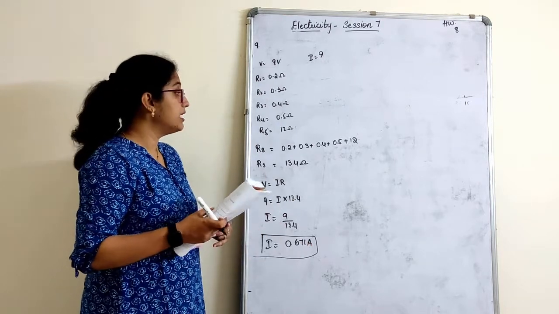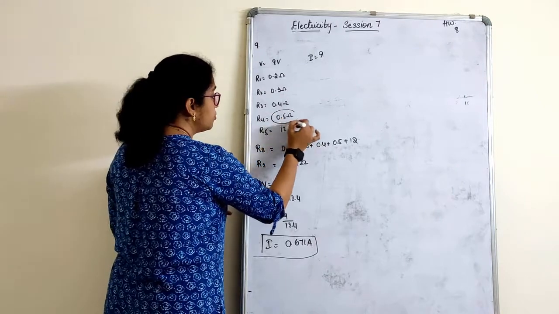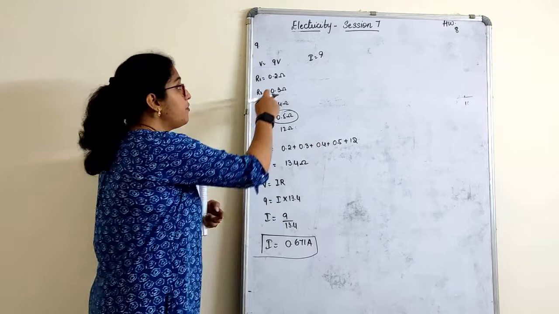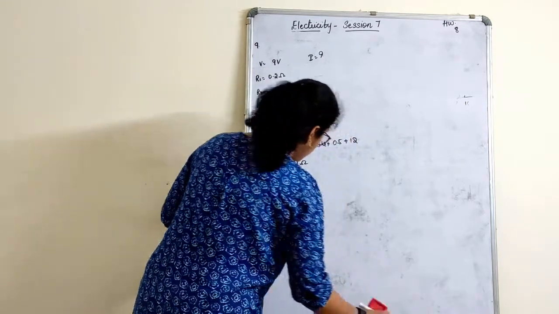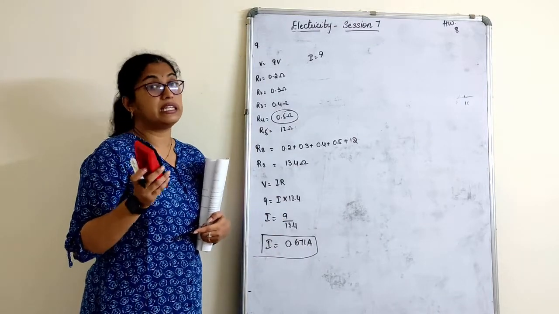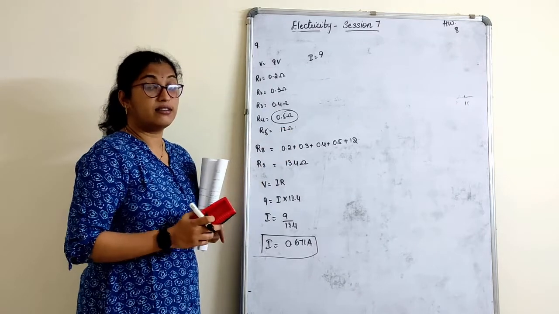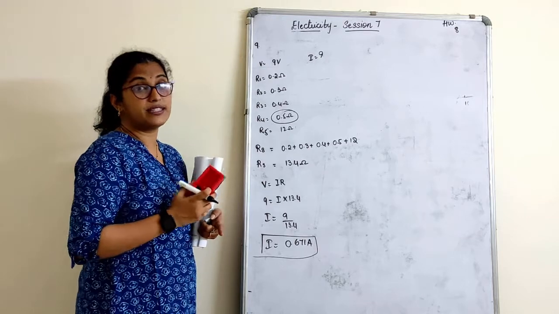Remember this question. There are chances of going wrong. Now tomorrow if I change the question and ask you what is the current flowing across 0.5 ohms, it is the same. Current flowing across 0.2 ohms, it is the same. So they could have simply given the question as what is the current flowing in the resistor, right? But to confuse us, they have given one resistor here. Since it is connected in series, we have to take equivalent resistance and find.